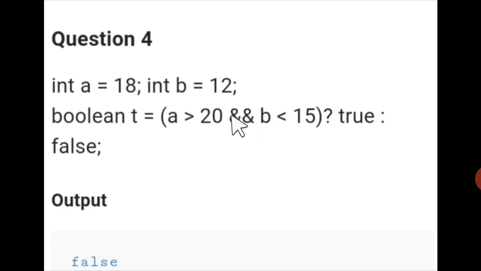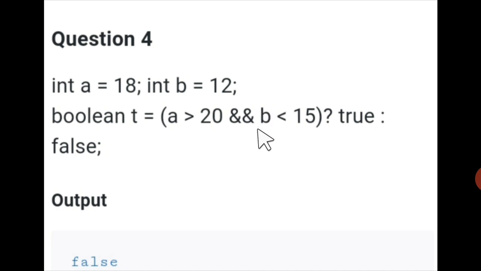But one part is false, the other is true, so that also will give us the answer false, because logical AND says when both the sides expressions evaluate to true, then the complete expression will be returning true. All right. And what happens in this situation, if the first condition is false, then the second condition will never be evaluated, and this is what we call short circuit.